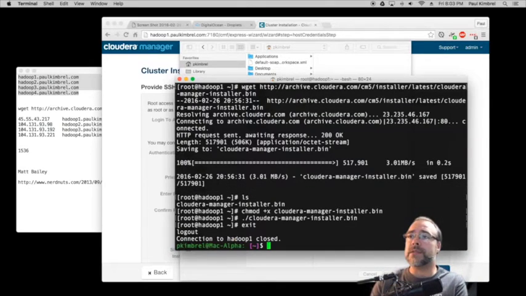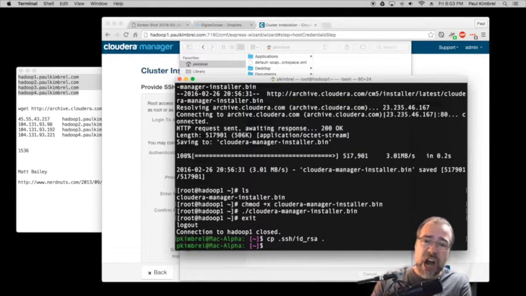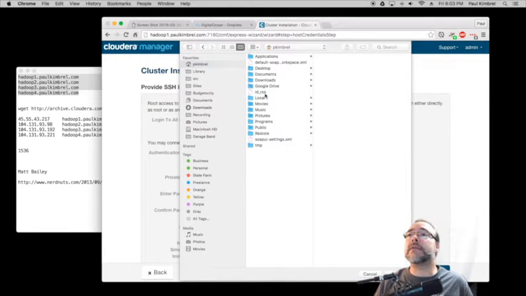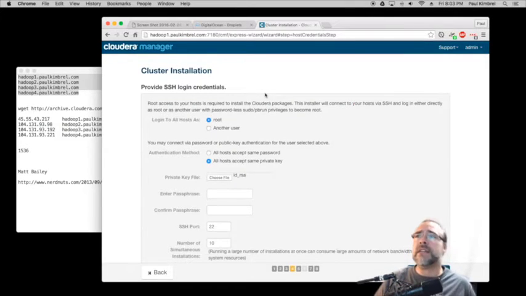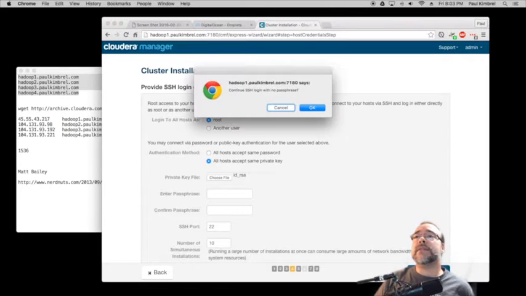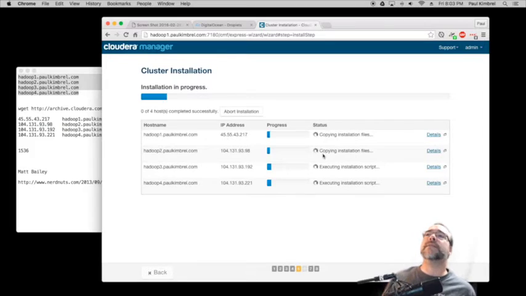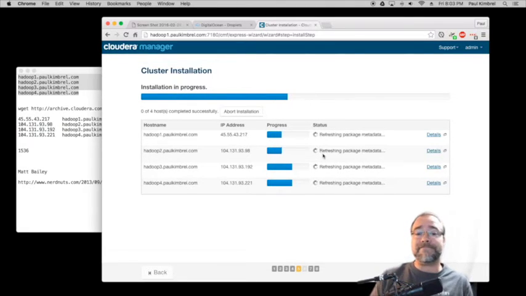Let me go back to my machine here. Copy to here. Again, not secure. Don't do this for very long. All right, let's come back here. So I'm going to pick my private key. That's right, I'm uploading a private key over HTTP. Not secure. All right, and once I do that, then I should have, yeah, there's no password because it's not secure. Now it's going to start uploading everything to these machines,